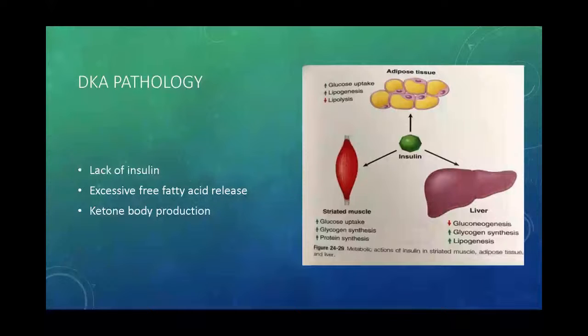Initially, the body tries to remove as much glucose in the bloodstream as it can by excreting it into the urine. And it also pulls with it the ketone bodies that are acidic and causing the acidosis within the urine as well to be excreted. And the second way the body helps to try to compensate for the acidemia is by